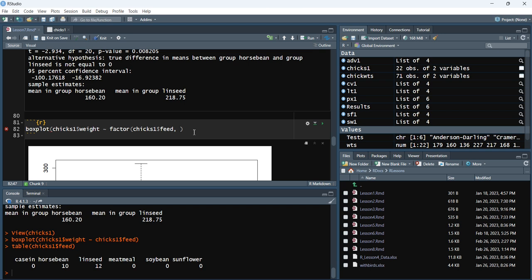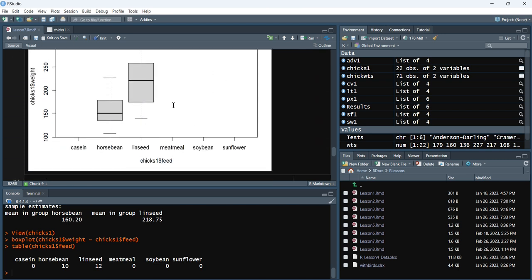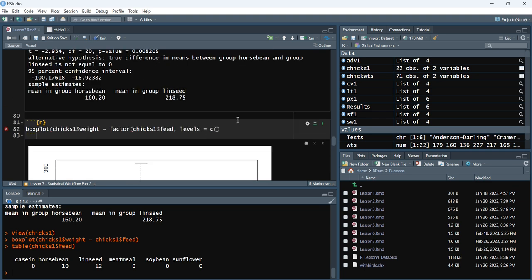So if we add an argument within this factor command after we specify the thing that we're factoring, we can use levels equals, and then we just concatenate the factors that we want it to include as a character vector. So we just need horsebean and linseed. That's all we need. So in here, we can specify with quotes horsebean, comma, linseed. Close that, and now we have our factored